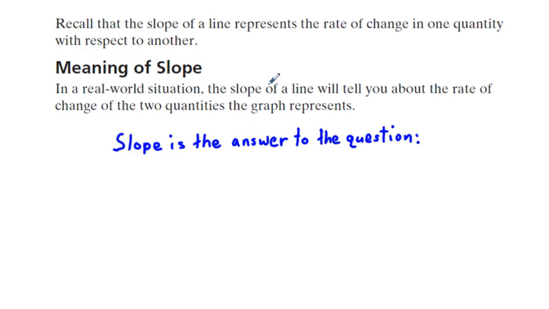Recall the slope of a line represents the rate of change in one quantity with respect to another. Meaning of slope in a real-world situation, the slope line will tell you about the rate of change the two quantities the graph represents. And as I mentioned in lesson 18, slope is the answer to the question, okay, how